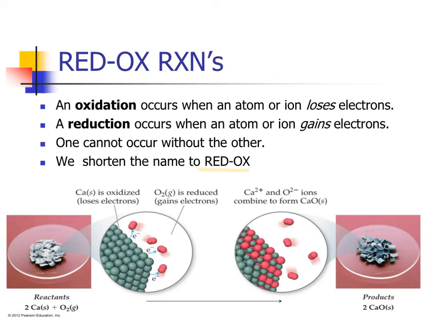Oxidation occurs when an atom or an ion loses electrons, and a reduction is when it gains electrons. That's very counterintuitive, because you see that reduction is a gaining of something, and that's usually not common. When we say reduction, our brain automatically goes to losing. Now,